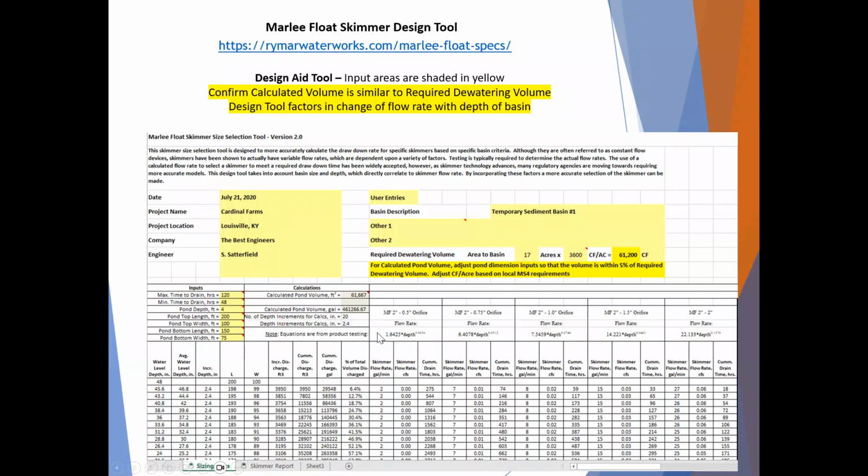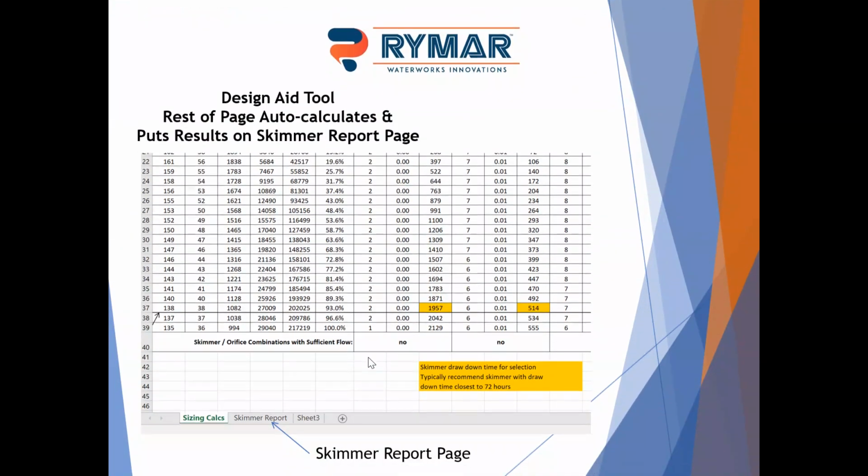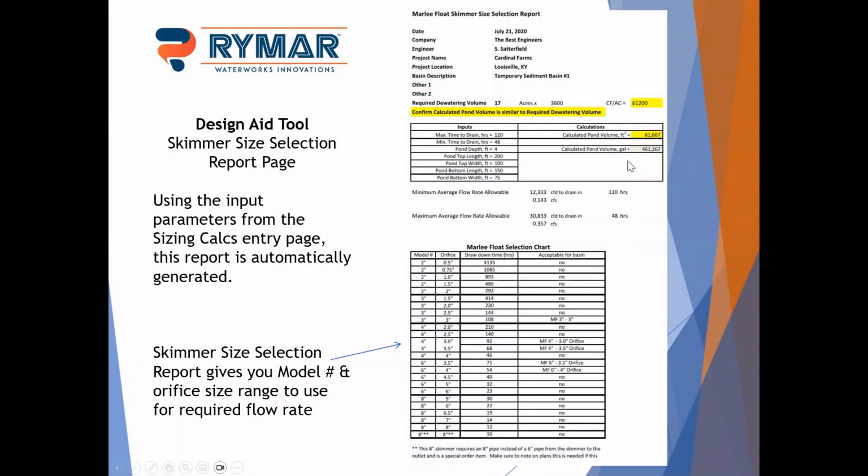Once you have this information in place, if you'll scroll down to the bottom of the page, there's a skimmer report tab. The skimmer report tab will take you to a nice neat 8.5 by 11 sheet that you can use in your SWPPP or on your plans. It has all of your information you inputted. It has the check at top to confirm your calculated pond volume that you're basing the skimmer on is close to your required volume,